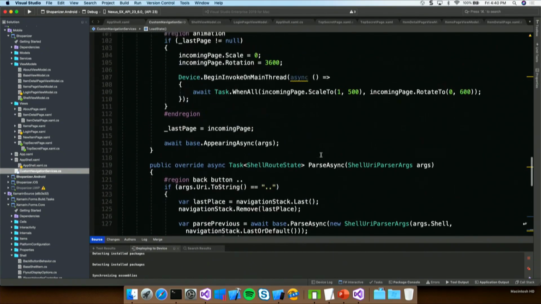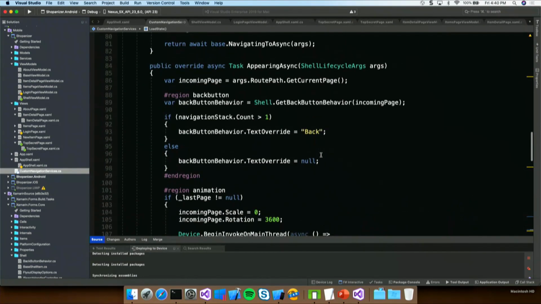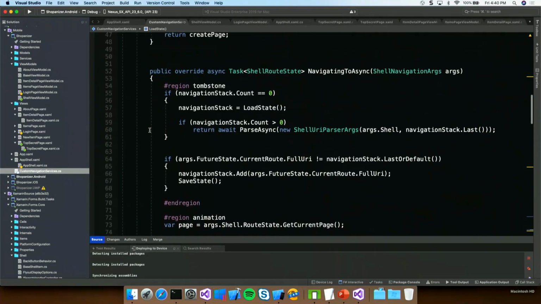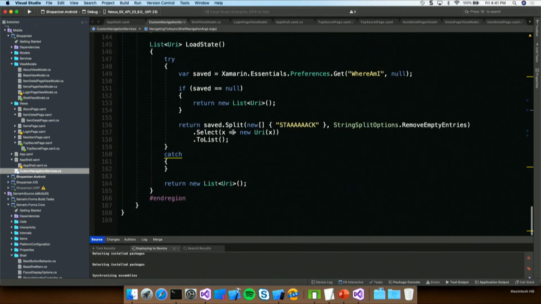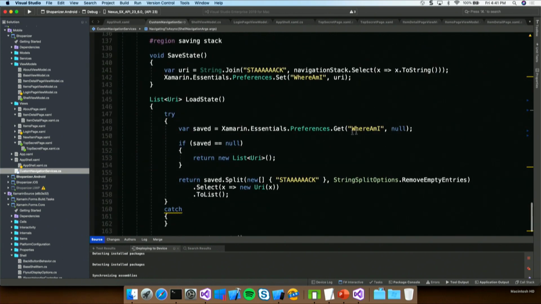Now what's happening is when you're starting up the application, it's saying, okay, does the navigation stack exist? It doesn't, right? So the navigation stack is 0. That means it's the first navigation point. Then what it does is it loads the state. So now it's deserializing that. Deserializing is way too complicated a word for what it's doing. It basically pulls the string out, splits it on that term,